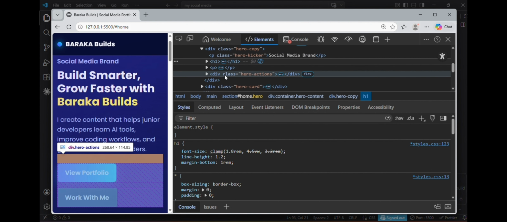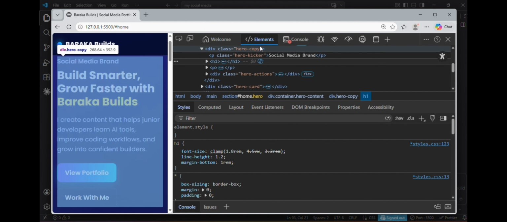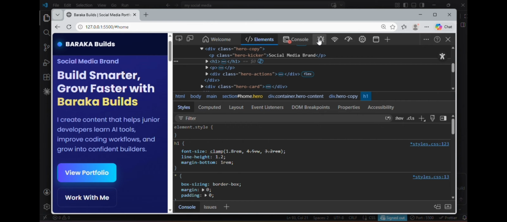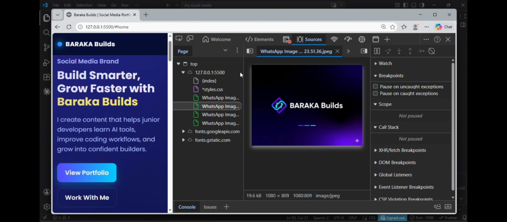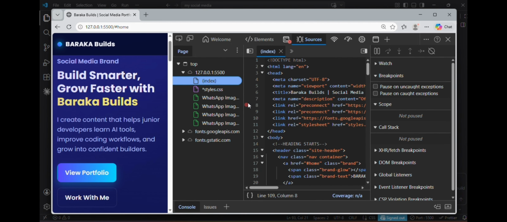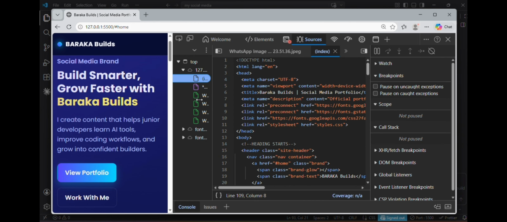And the second one is the Sources tab. It's actually here, this one, the sign of a bug. I'm sure you can see here they're showing us all of the files that we used in our project. Here there are the images, and here there is index.html and style.css. If you click here on index.html, you'll see everything that we used, all the HTML. Now they're revealing it here. Remember, on Elements they didn't show us everything, but here they're actually showing us every single line of code that we used. If you scroll down, you see everything